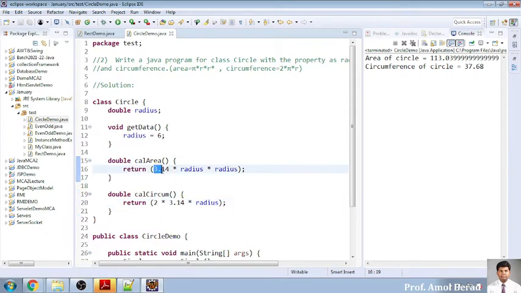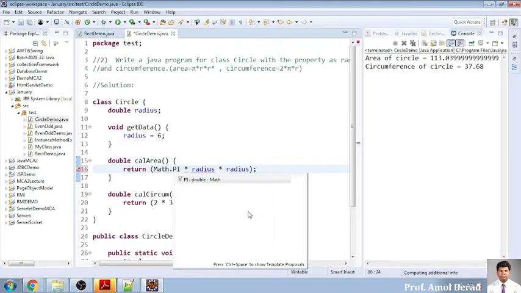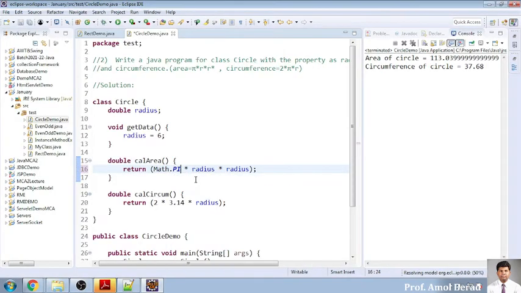If you don't want to use this 3.14, you can use the math class. I have already shown you Math.PI. PI should be written in uppercase. मैंने already class में सिखाया है. This you can use. अगर आपको 3.14 की value नहीं पता तो you can use this one also. Okay, so the output will be the same, no issue about that. But if you don't have the value of pi, you can use this function also, that is Math.PI. Ready-made value of pi can be achieved by using the class Math,